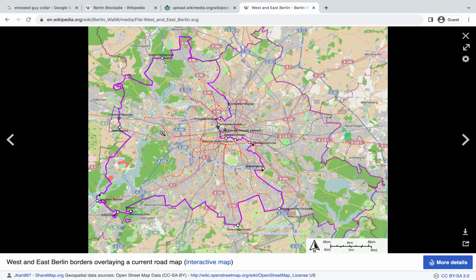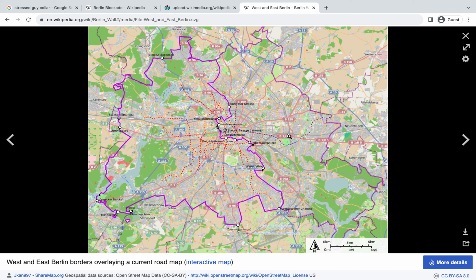This is West Berlin. This is East Berlin. The Soviets are in East Berlin. The Americans, the British, and the French are in West Berlin. By this time, we were in 1949. Now we're in about 1962, 1963. Now the countries who had the West are now unified. They're just basically West Germany and West Berlin. And then this is still the Soviet side.